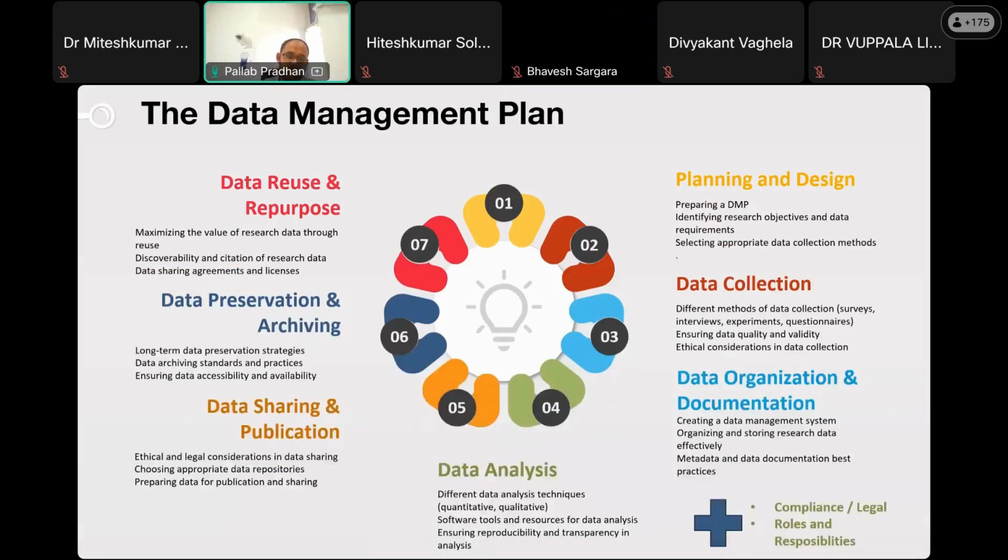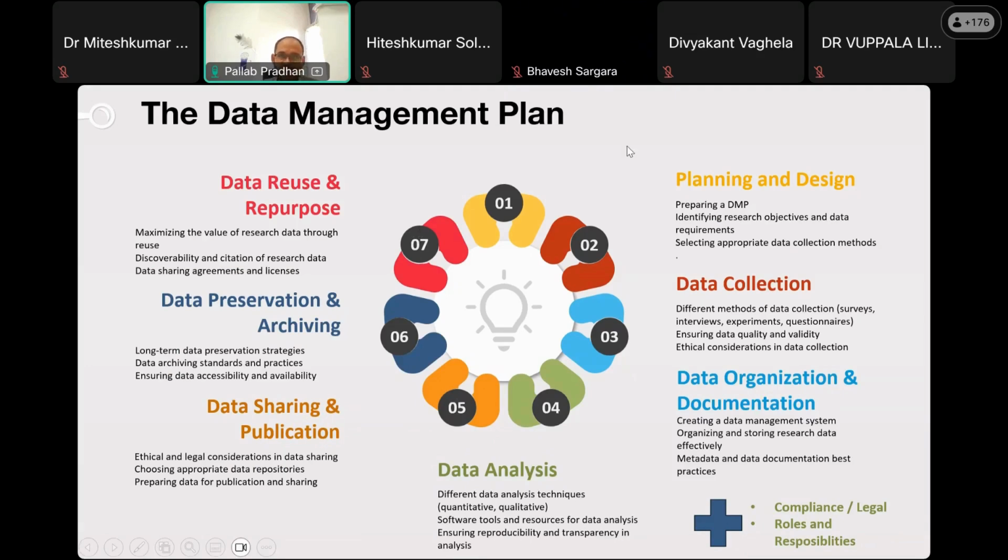based on the research data lifecycle or research data aspects, or the 7 or 8 aspects that we saw, we have to create a data management plan that should include all the aspects. That should pass us through all the stages of the research data lifecycle, right? The 7 stages that I discussed. So now coming to the data management plan, the first is